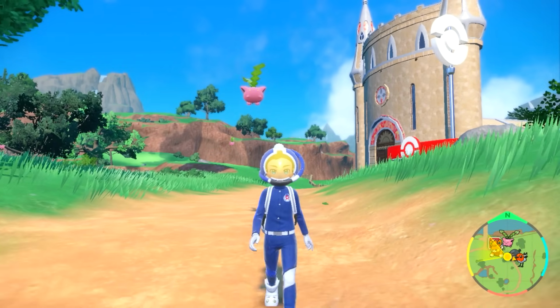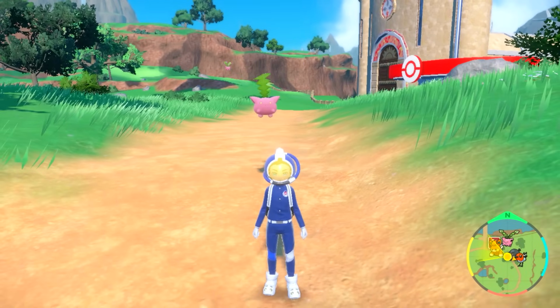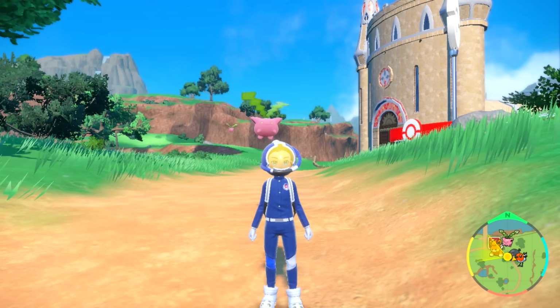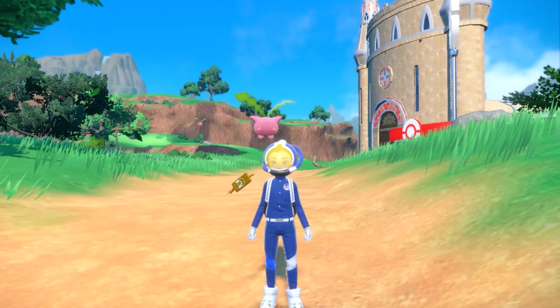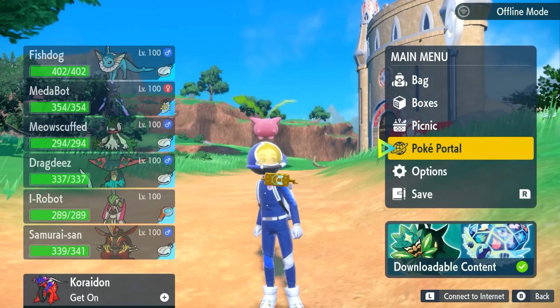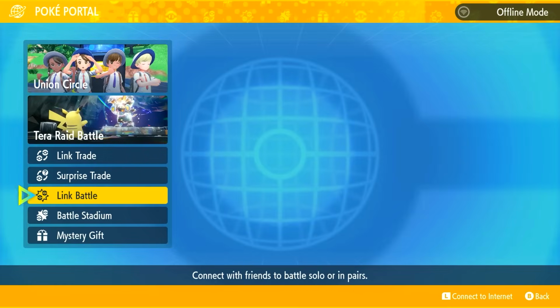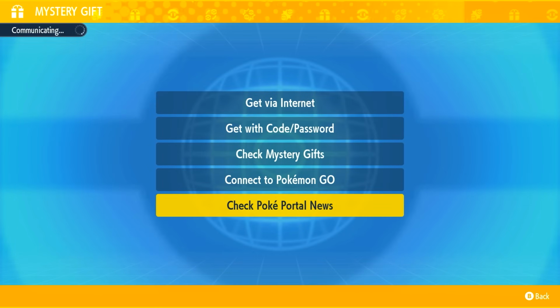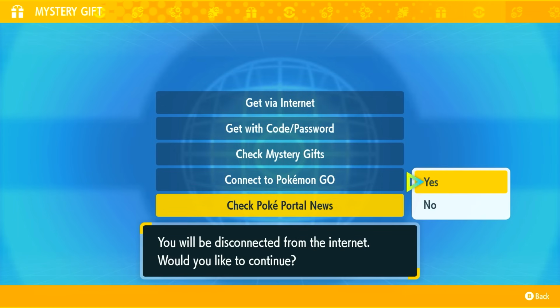In order to get the raid into your game, you will have to be connected to the internet. You will not need Nintendo Online for this at least. You just have to be up to date and finish the game to have unlocked 7-star raids. So we're going to go open up the menu. We're going to go down to Poke Portal. From here, you're going to go down to Mystery Gift, and then you go to Check Poke Portal News. This is the free option of updating your game. This will connect you to the internet, it will update your game, and when you leave, it will disconnect you